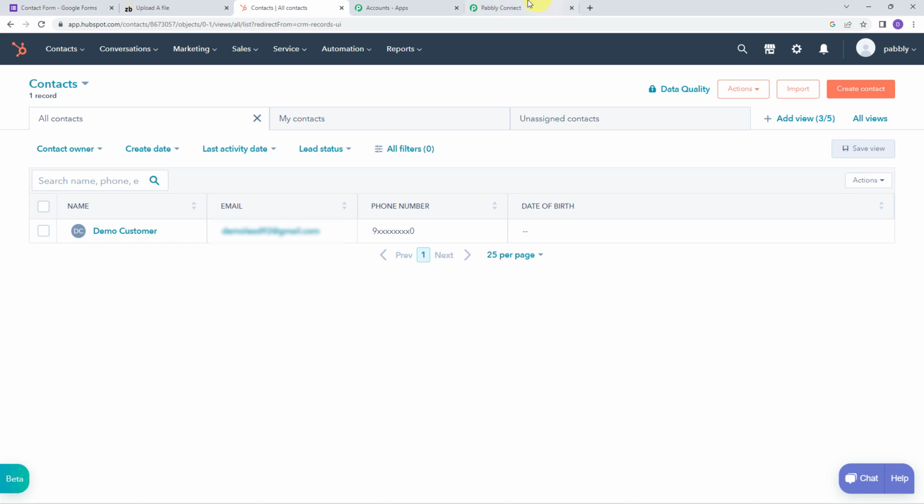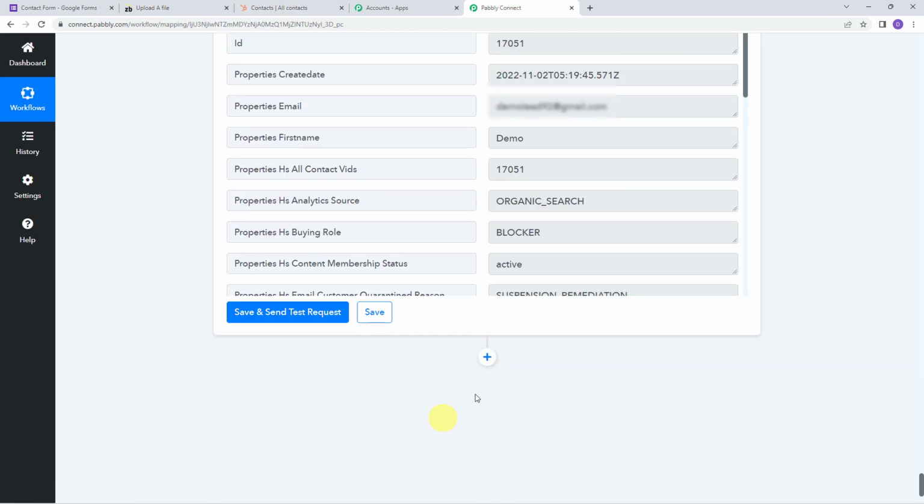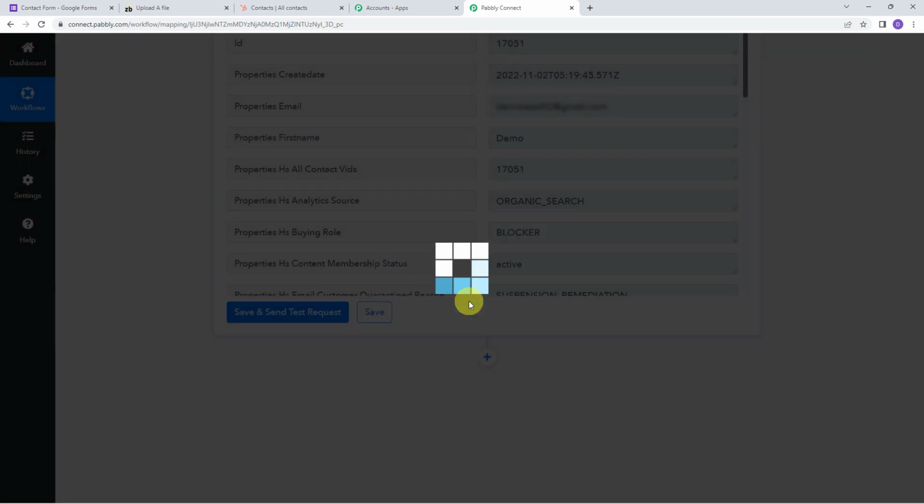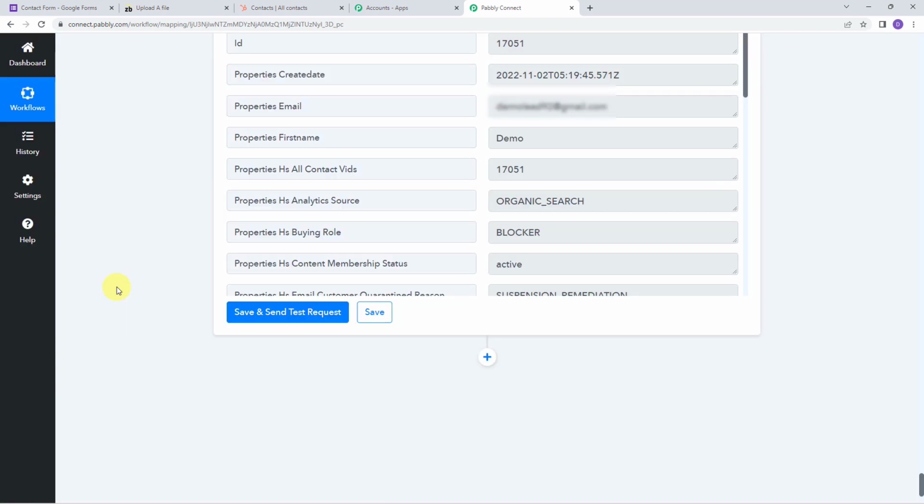Okay, so let's move back to Pabbly Connect and let us save this workflow first. Data saved successfully. Okay. So we have set up an automation. This is a one-time process. Next time, whenever the Google form will be filled, automatically based on form submission details, first the email address of the customer will be validated. And if the email address is a valid email address, then only the contact will be added to your HubSpot CRM account. So now we are going to check this in the real time that whether our integration is actually